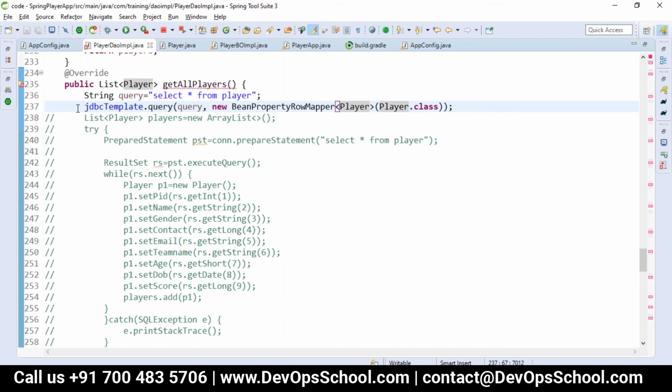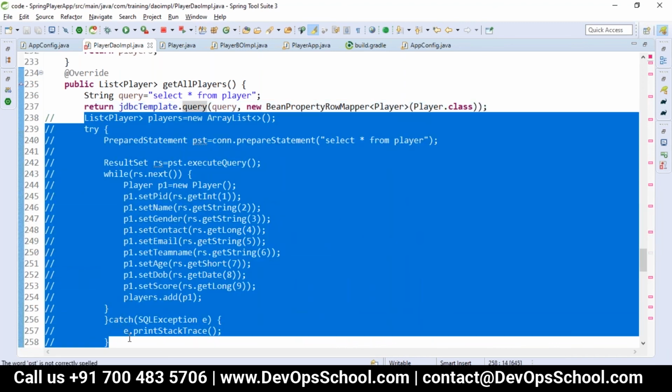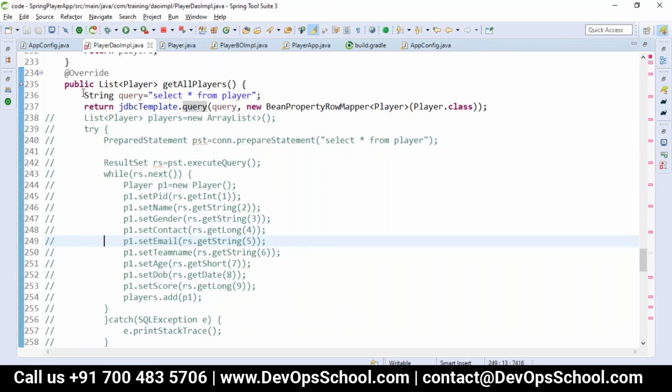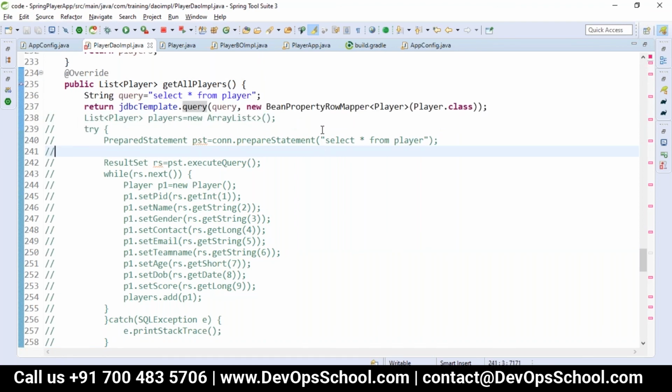So I'm just returning here jdbcTemplate.query with the query and new BeanPropertyRowMapper. See, whatever code you have written, around 20 lines of code is converted into only 2 lines of code. That's the simplicity given by Spring JDBC.